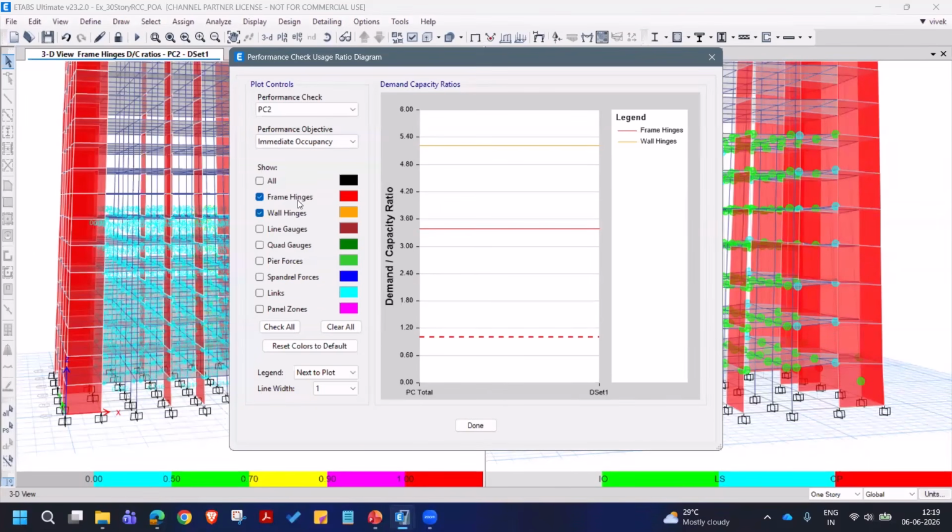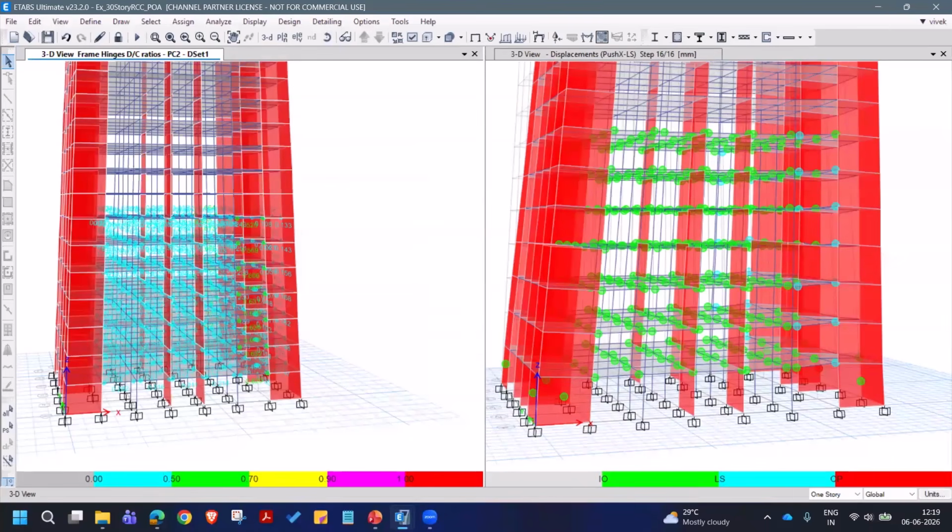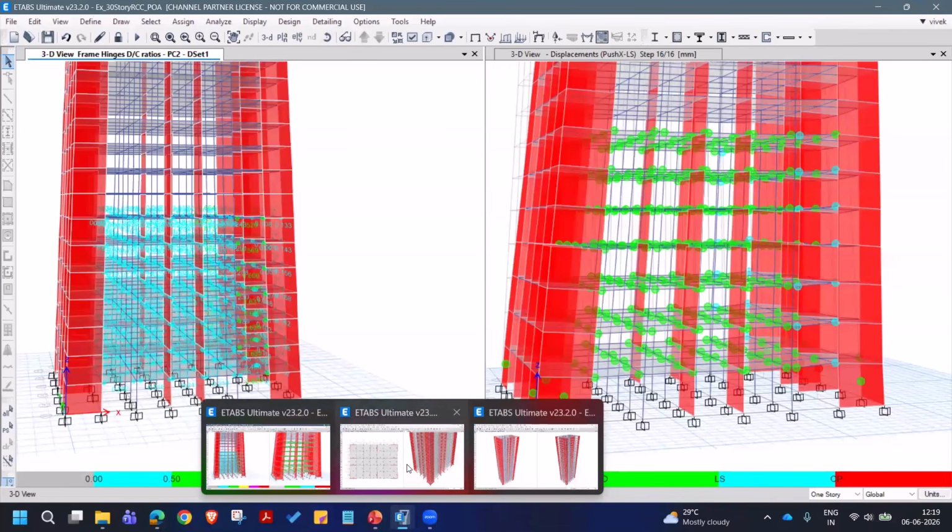So considering all the wall hinges and all the frame hinges together, you'll see where these are. We can see the colors for immediate occupancy. So this is the level, and these are exceeding, maybe for collapse prevention, so these will be below this level. So basically, this gives a comprehensive set of outputs required in this